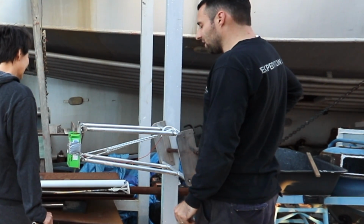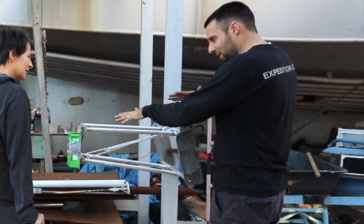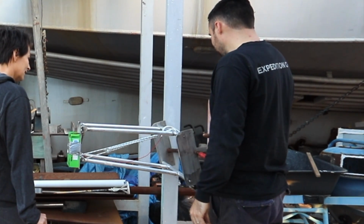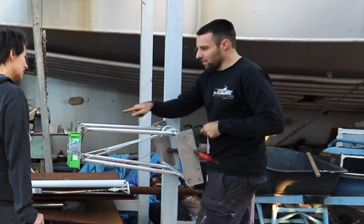Yeah, I was thinking it wasn't quite square, and it was really hard because none of it's built on a proper bench, so it's really hard to get it perfectly square. Yeah. And there was a wee bit of a twist, like that way. This one here and that one there weren't perfectly parallel. So